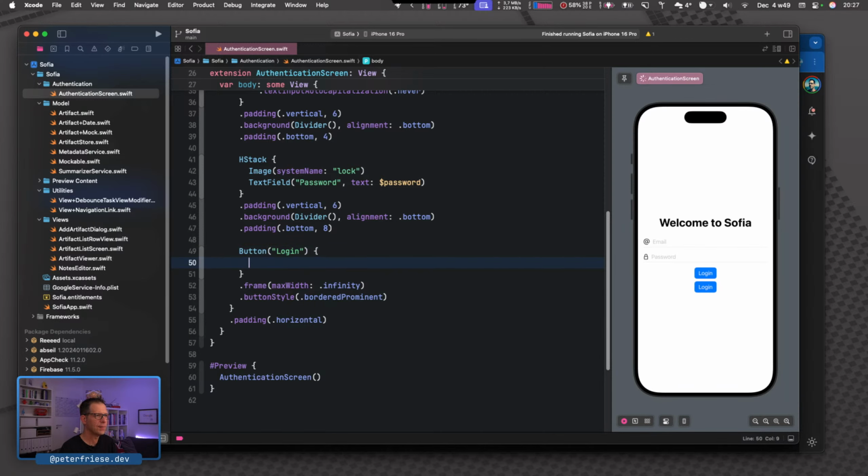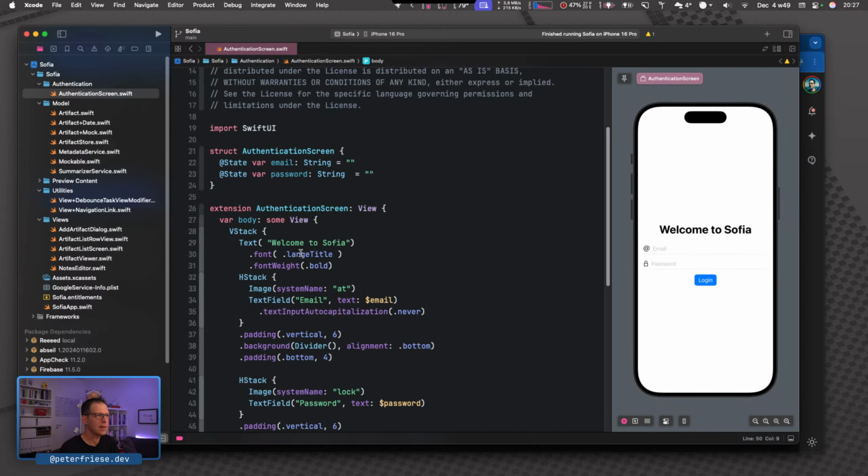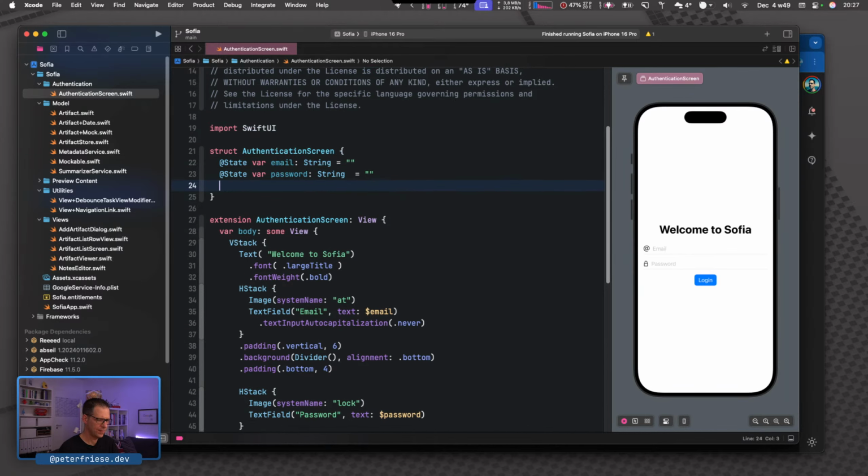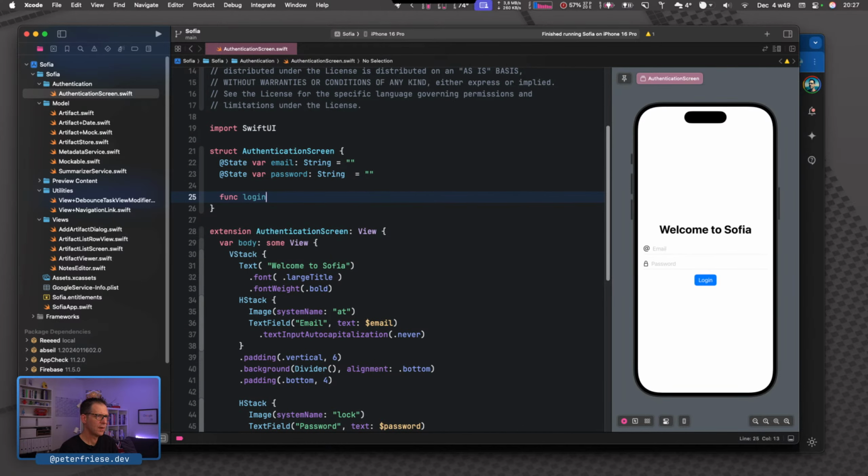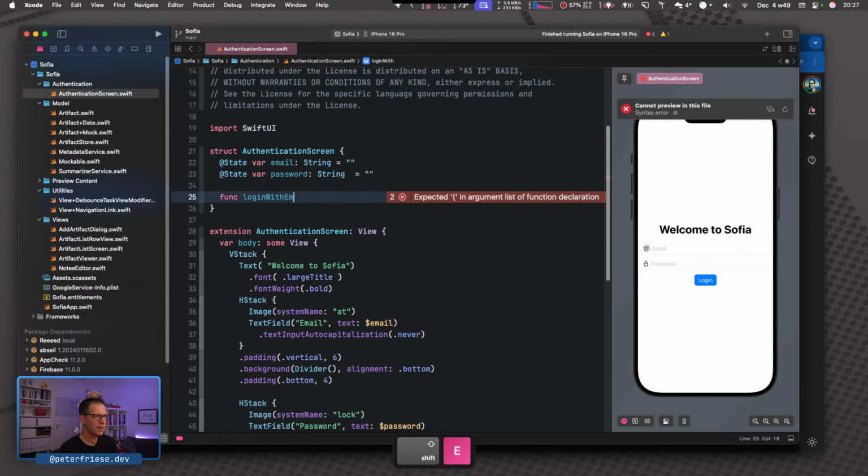We'll fix this later. Okay, and then here we want to invoke the action, and that will be log in, and we're going to put this here. Log in with email password.